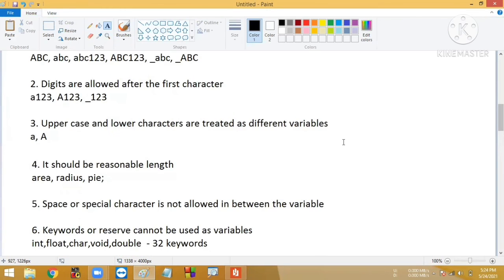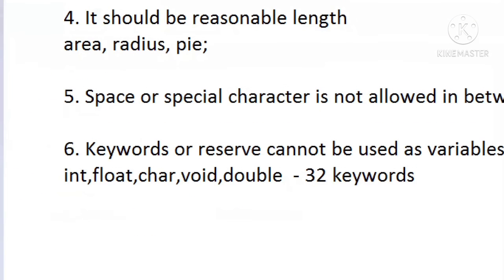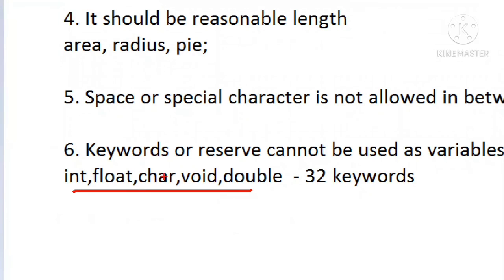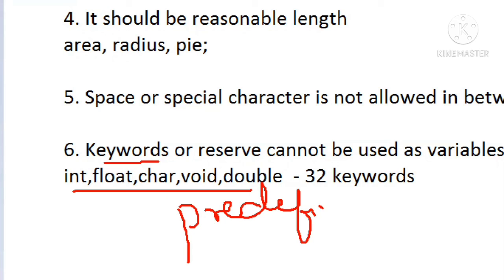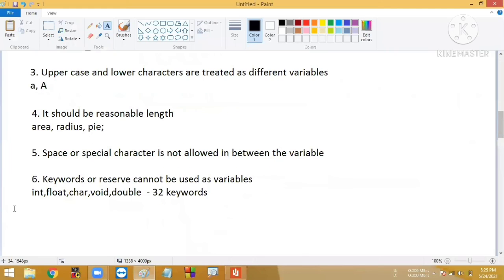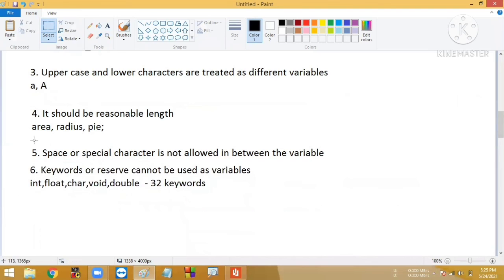Yes, a name can start with an alphabet. Yes, these all start with alphabets. But they are already meant as keywords. Those keywords cannot be used as variables. What do you mean by keywords? Those which are predefined. Already they are predefined. Okay, those cannot be used as variables. Fine. Like that, totally 32 keywords are there in C programming. Those 32 keywords cannot be used as variables. Before going to that, just go through these. These are all the rules and regulations we have to follow to create variable names.